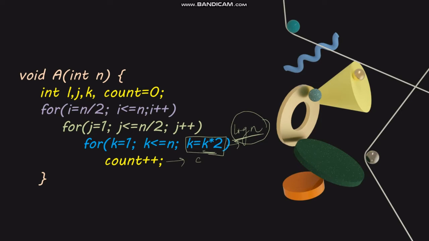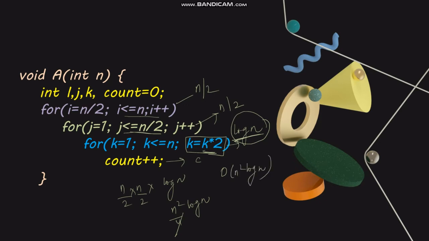This loop, it is very clear that this is less than or equal to n by 2, so this will run for n by 2 iterations, and this again will be working for n by 2 iterations. So if we calculate the complexity, for this we'll get n by 2 into n by 2 into log n, or we can say n square by 4 log n, and we'll discard the constant part, and so the complexity that we get for this particular problem is O of n square log of n.